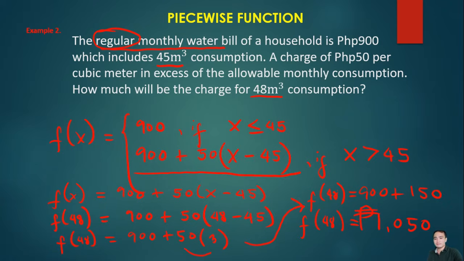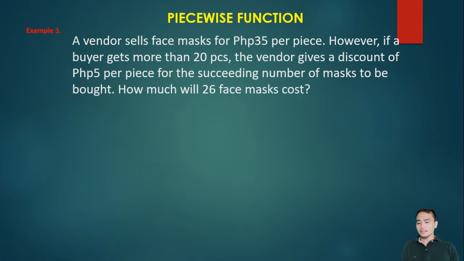Okay? Next example, a vendor sells face masks for 35 pesos per piece. However, if a buyer gets more than 20 pieces, the vendor gives a discount of 5 pesos per piece for the succeeding number of masks to be bought. How much will 26 face masks cost? So, yung gagawin natin is mag-write tayo ng piecewise function. Right? So, f of x is equal to